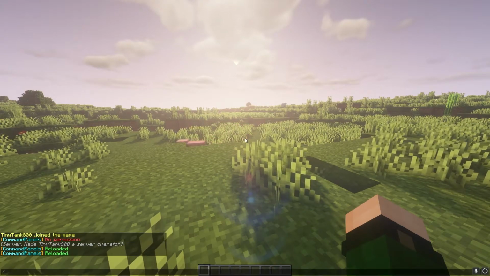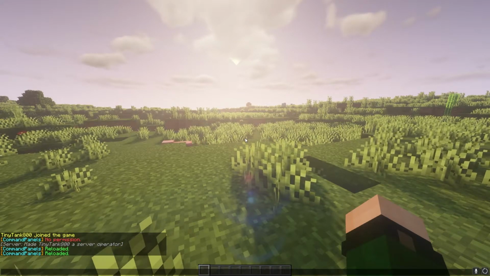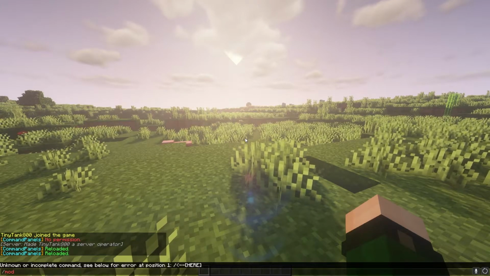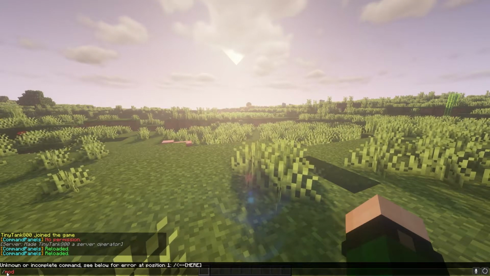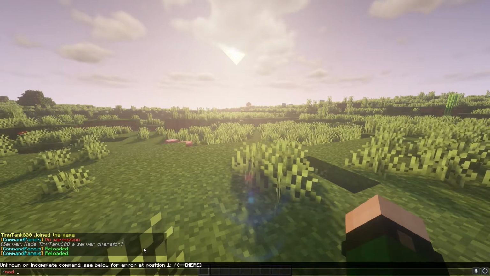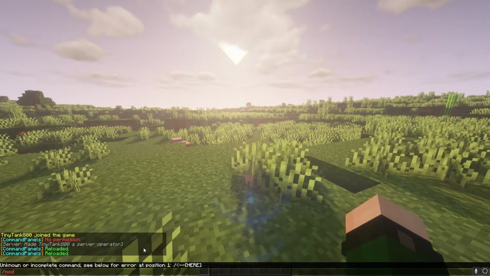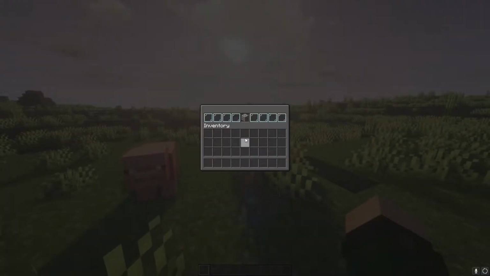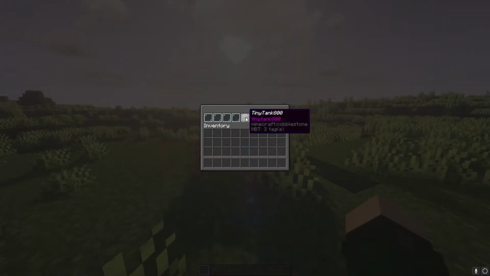So now that we're in, do /cpr. After that, you're then going to want to open it. So we'll do /mod. If you have auto command registration on, after you restart your server, this will actually autofill. But since I haven't restarted my server, it won't. So then we'll just do TinyTank800, just like that. And now the panel will open, and you'll see at the bottom it says TinyTank800, which is what we put